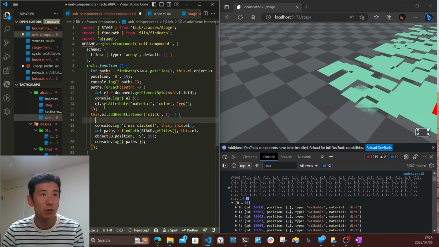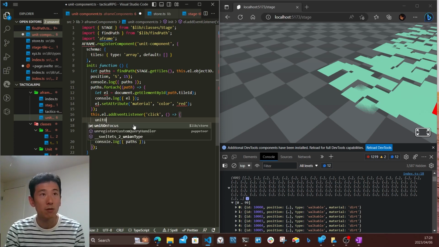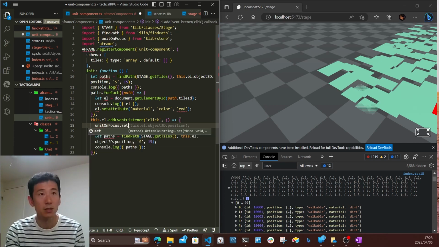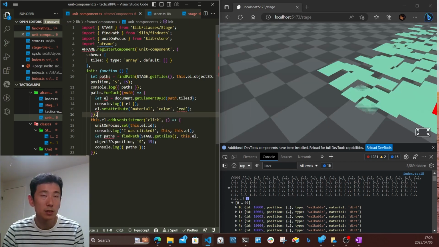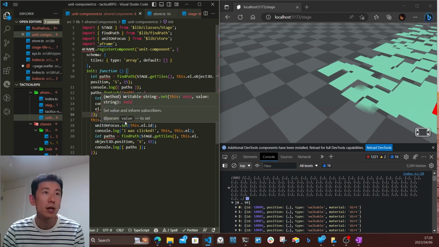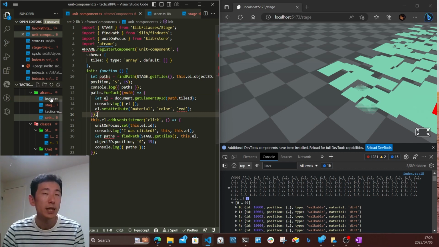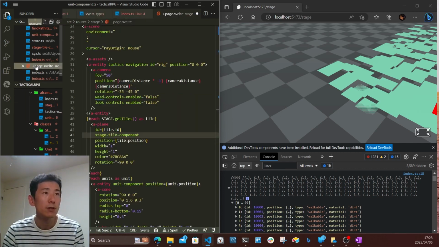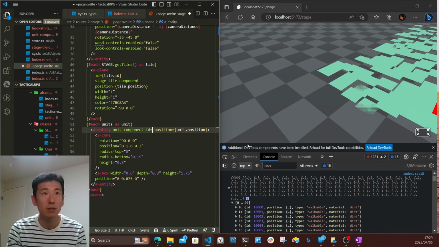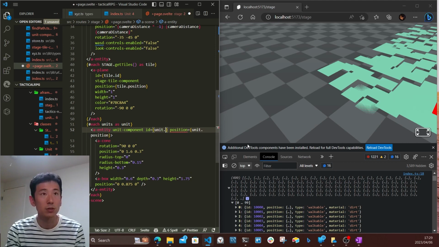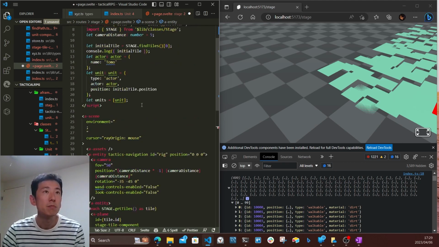So unit component, when it's clicked, unit on focus set this ID. So when it is clicked, it's going to give the unit ID to the store. I haven't defined the ID. Well, I haven't given the ID to this unit, so I'm just going to give unit component an ID equal to unit ID, and then unit is made where